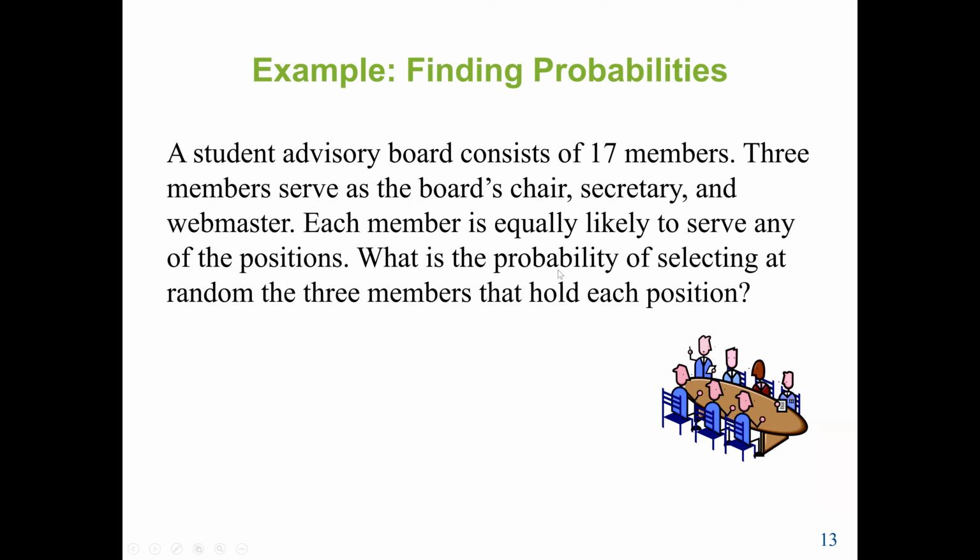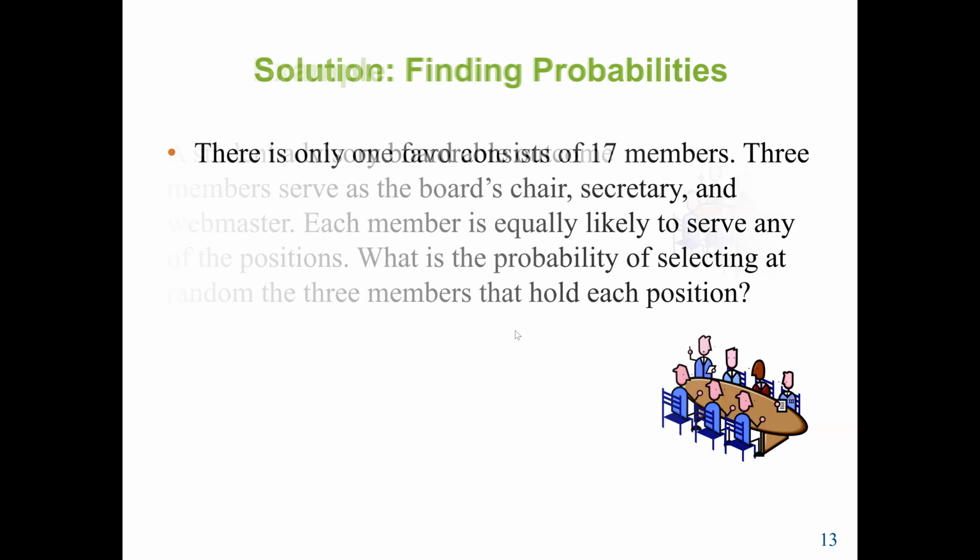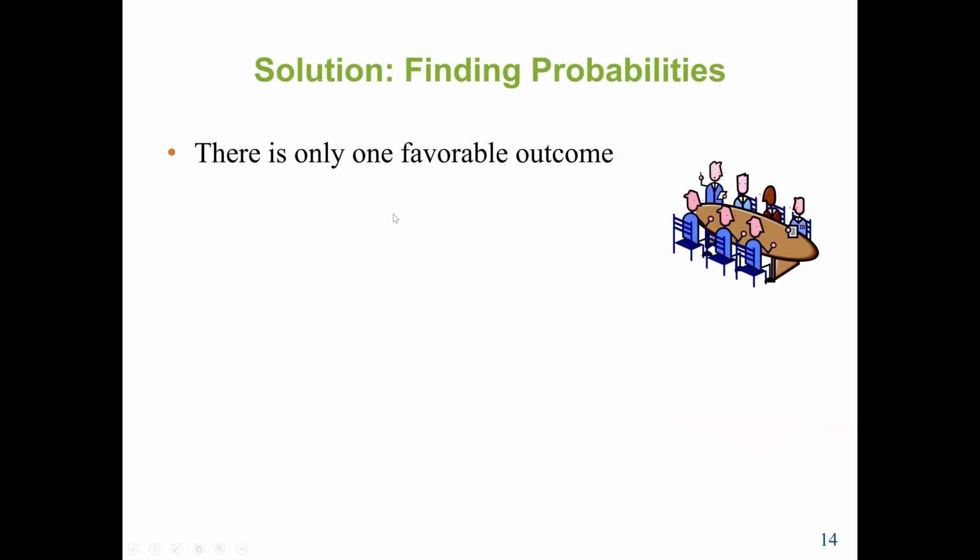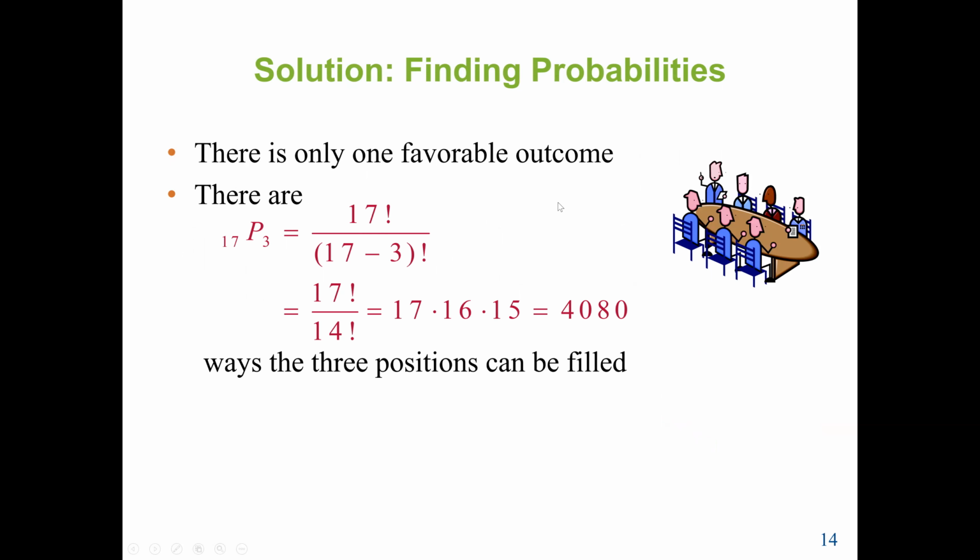What is the probability of selecting at random the 3 members that hold each position? Remember, here we have 17 members. So here there is only one favorable outcome, but there are 17 and then 3 members. So it will be permutation 17 and 3, which will give us